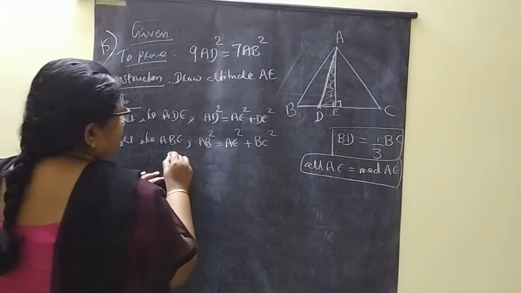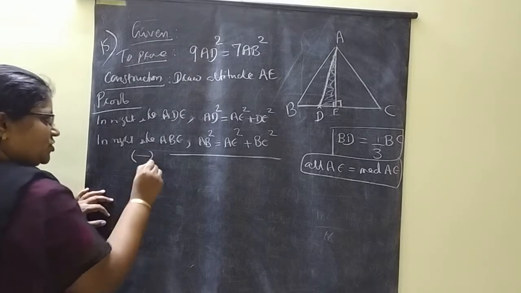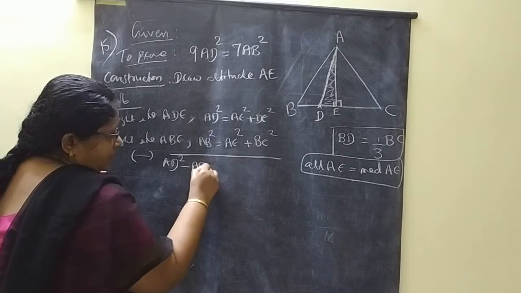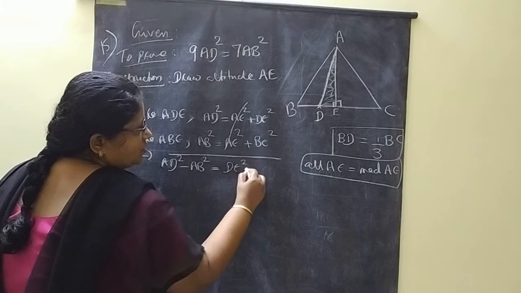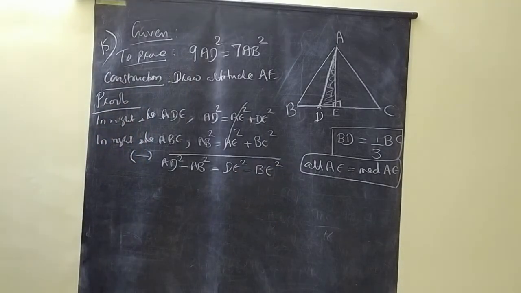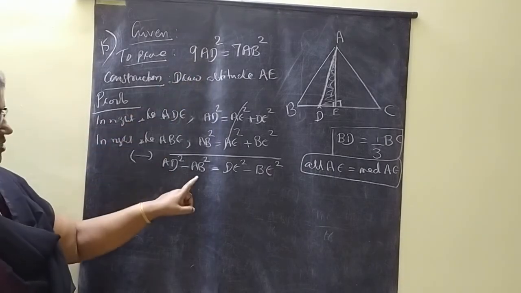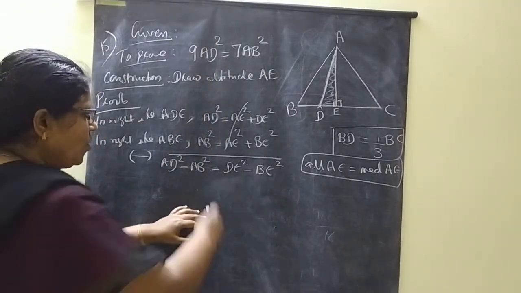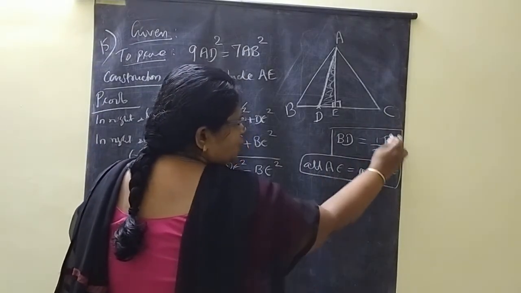Okay. Now you see this AE square we have to eliminate. Eliminate means subtraction we have to do. What you will get? AD square minus AB square. This we can cancel. DE square minus BE square. So AD square term is there in the answer. AB square term is also in the answer. These two terms are not there, but we can apply these two parts here.